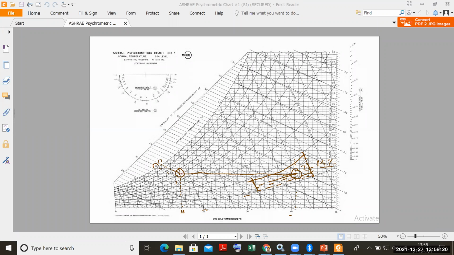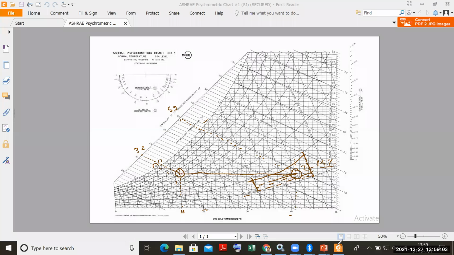And what will be the enthalpy here? So for this enthalpy, again I have to go in an inclined direction. I have to draw parallel to the inclined lines. Ultimately, I hope I will get to the value. So here it will go up to this one, right? So here it is 60, a little bit less than 60. So here it will be 59. So 59 will be the enthalpy at point 2. What will be that at point 1? So I have to just extend this line here. So here I will get, this is the 32. So I got the 2 values, 59 and 32.